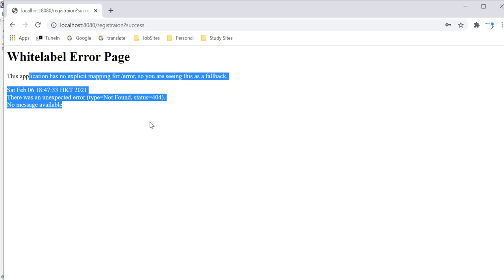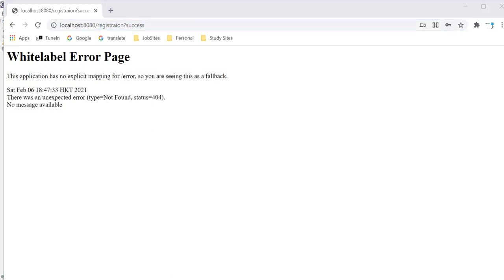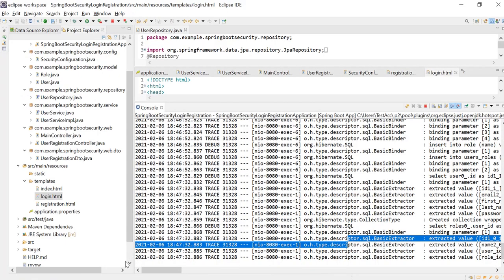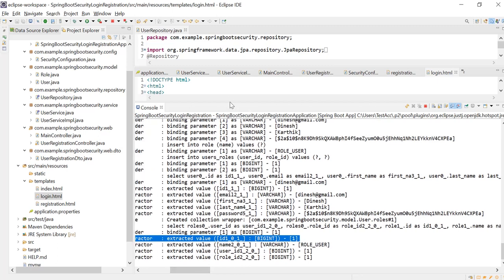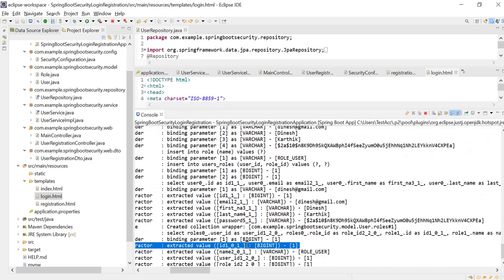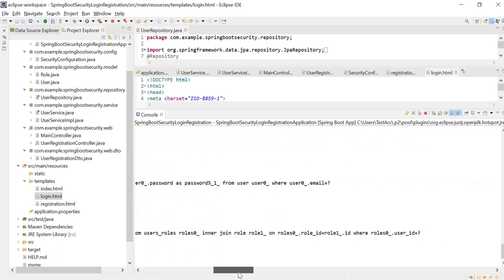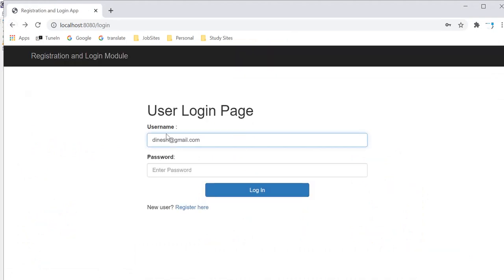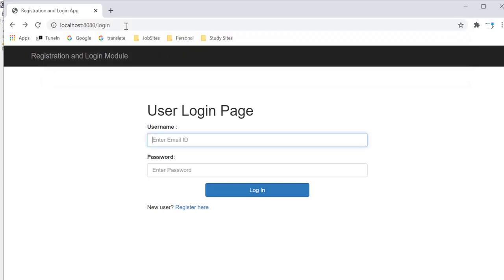Okay, there is some error on registration success. Let's see what will happen. I think it's a browser issue. I'm going to log in again.